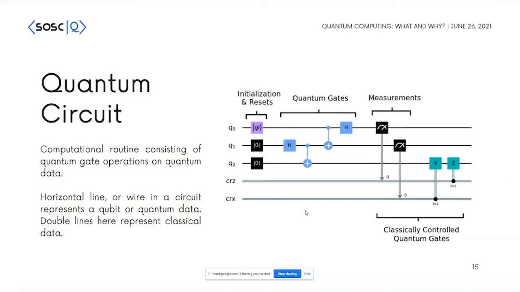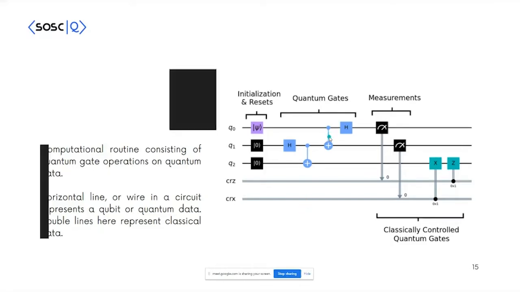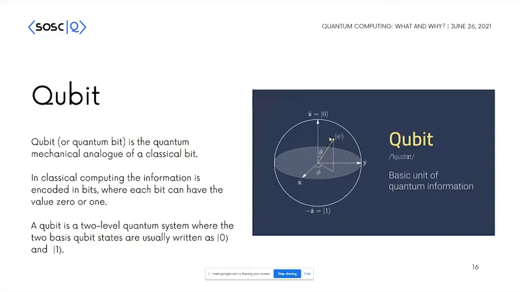And this might be a good time to explain what a qubit is, right? I did mention qubits. What are qubits? Basically, it's a quantum mechanical analog to a classical bit. Your classical bit has 0 and 1. A qubit also has 2 states, so we call it a 2-level quantum system, right? Apart from staying in the value of 0 and 1, it can also stay in values between 0 and 1. The sphere you're looking at here is called a Bloch sphere.